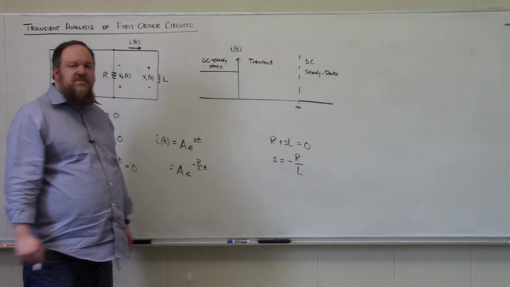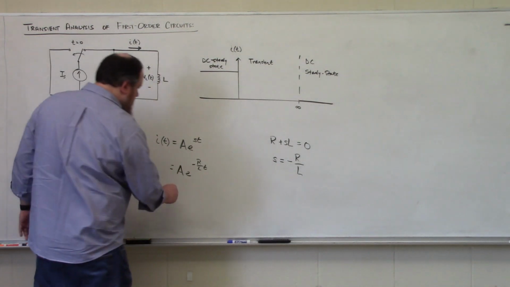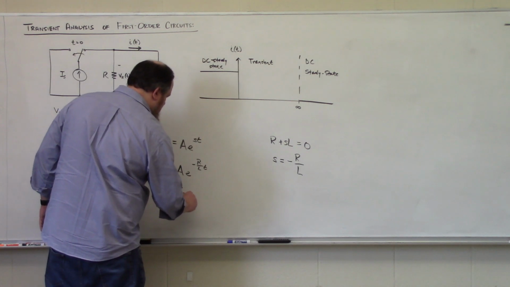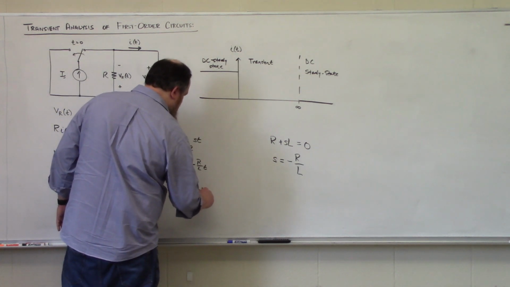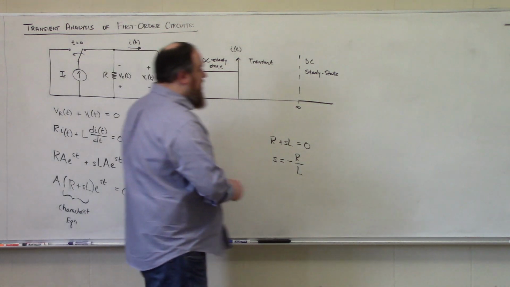And this A coefficient is going to be, again, the initial condition. So this is going to be i at 0 plus times e to the minus R over L t,